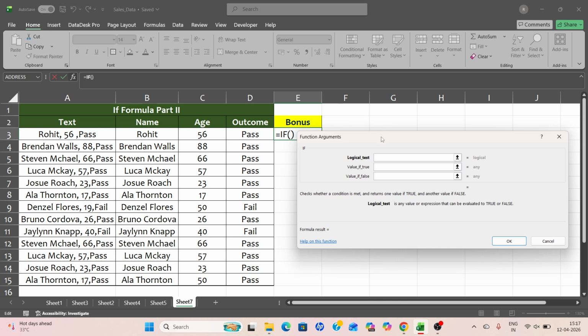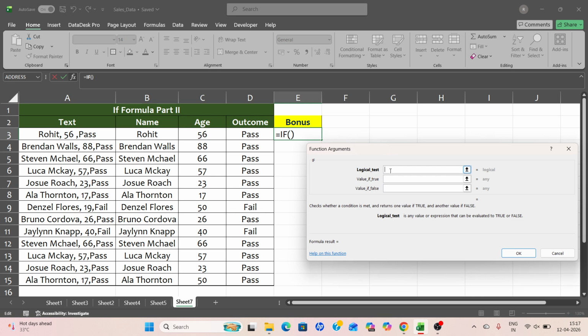A dialog box will open. Now fill in the logical test: select the C3 cell, type greater than 50. Value if true, type 10,000. Value if false, type 0